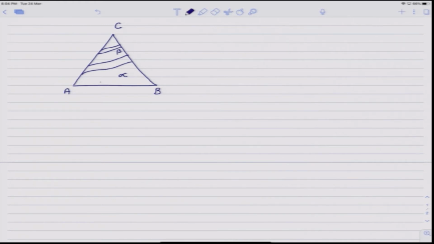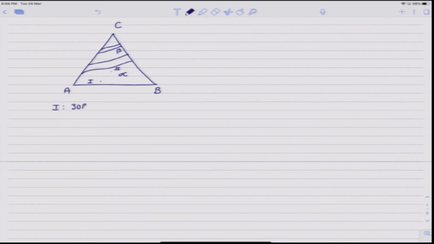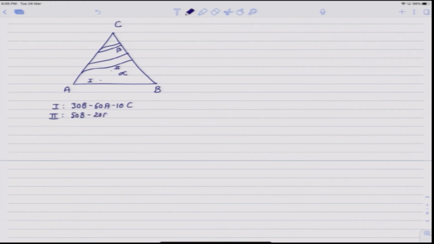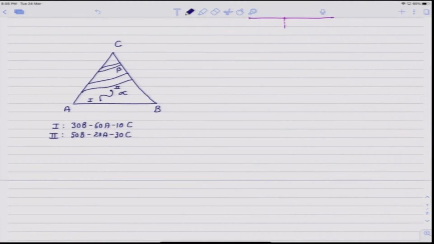a diffusion couple between two alloys which lie completely inside the alpha phase region, let us call this alloy 1, alloy 2. Suppose alloy 1 has composition of and alloy 2 had composition of 50B. We know this will be a single phase diffusion couple with a nice S-shaped diffusion path, and all the concentration profiles will be continuous. So, there will be no discontinuity in the concentration profiles. So, if I draw this concentration profiles here,